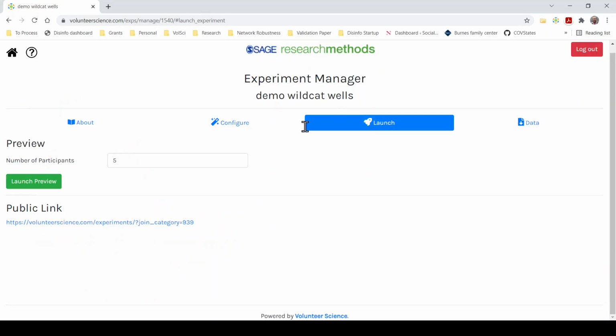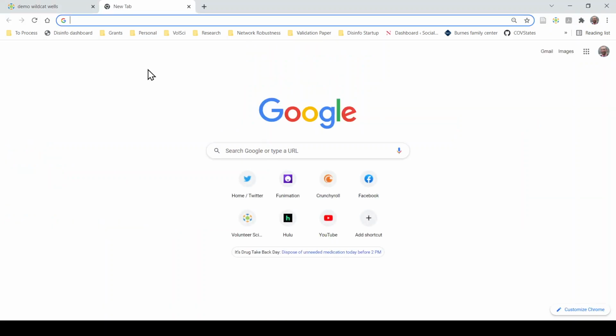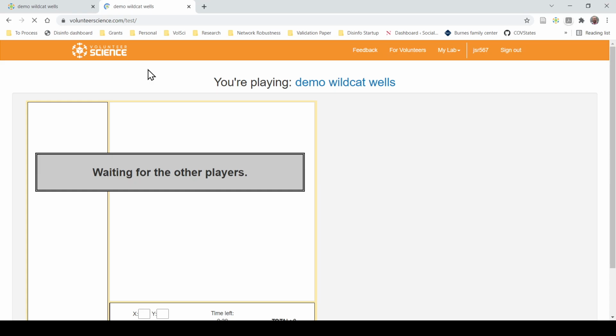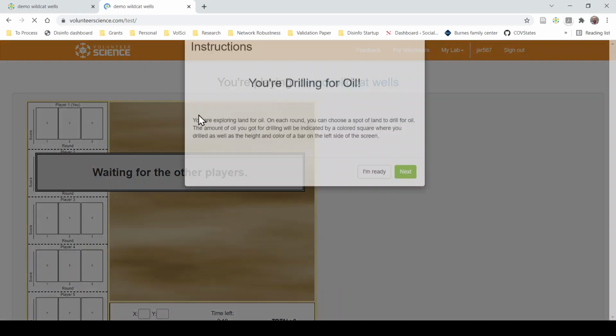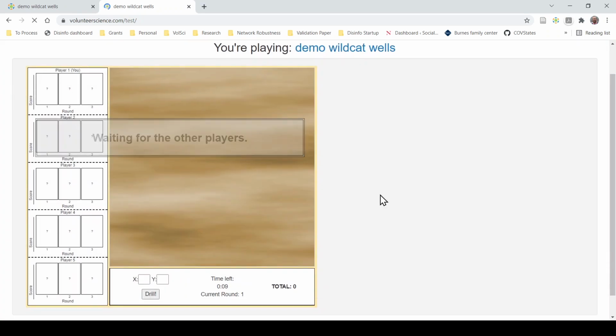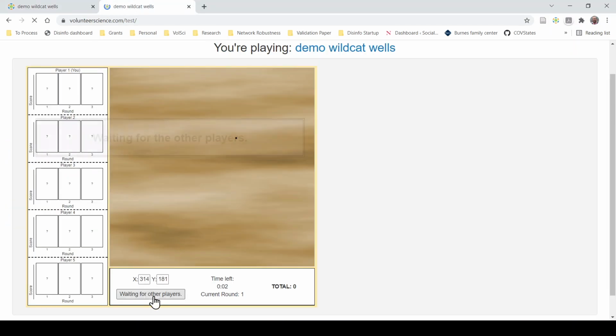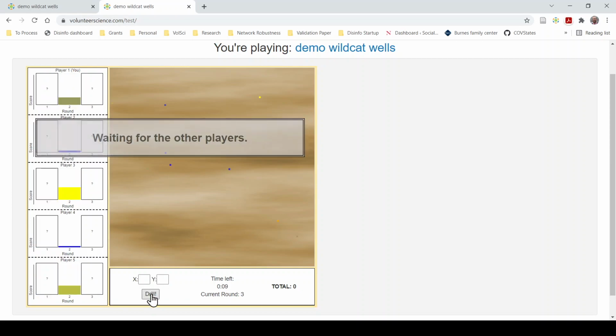So I'm going to go to launch. There's a public link here. So join category 939 is now the link for this experiment. I go over here, and so anybody can hit this link and start the study. What's going on here is this is a person participating by themselves. Right now there isn't a way to do a multi-person version of this study for live participants. But you can have your one participant participating as if they were